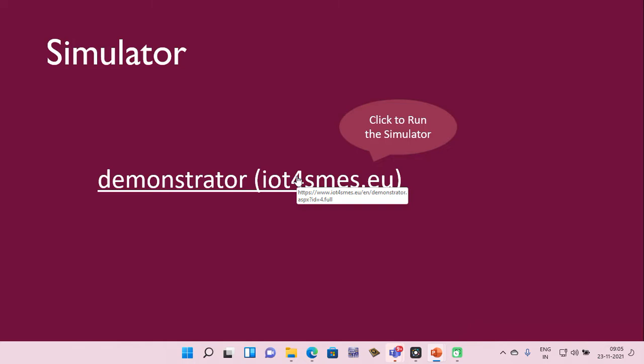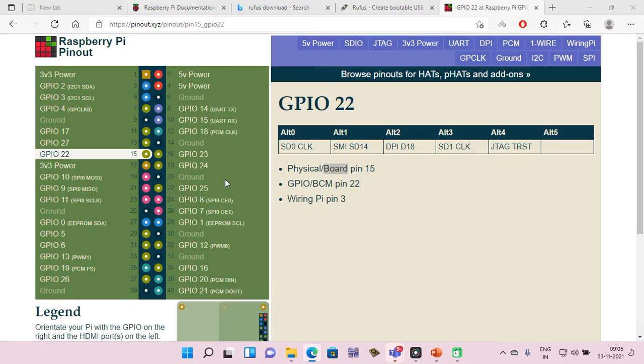Now we want to implement the system. But this is an online class and we don't have the physical hardware with us right now, right? So what we are going to do is simulate the system online. There is an online Raspberry Pi simulator, which means you can simulate your system online. The same thing that you can do physically, you will simulate online. So we'll implement this traffic light system online. Let's click the online simulator over here. Click over here and it will open up the online simulator.